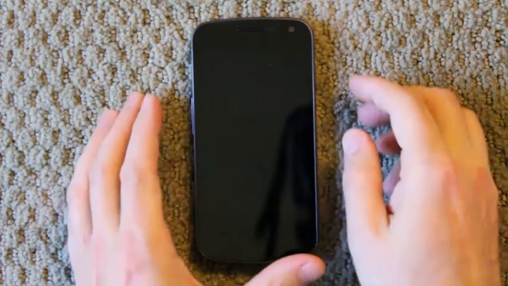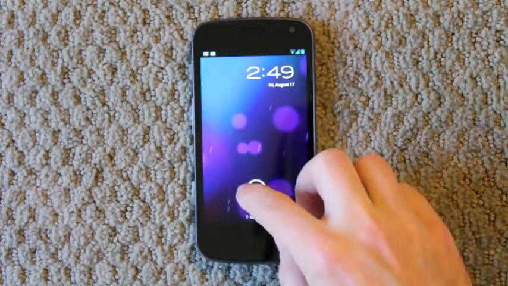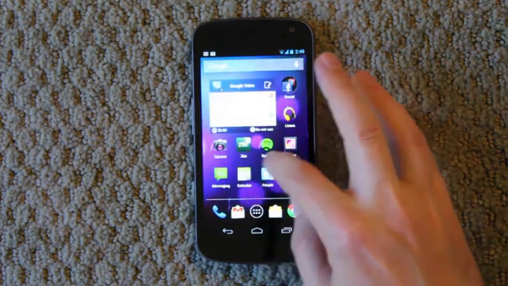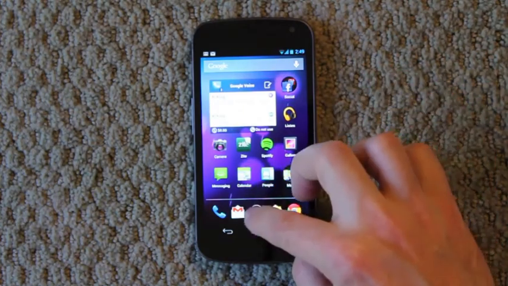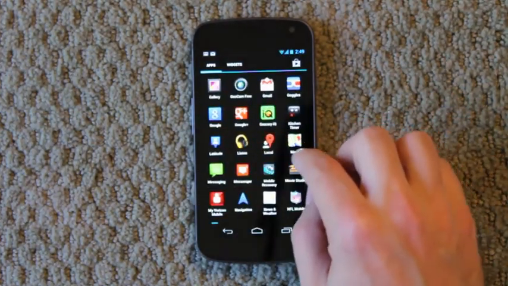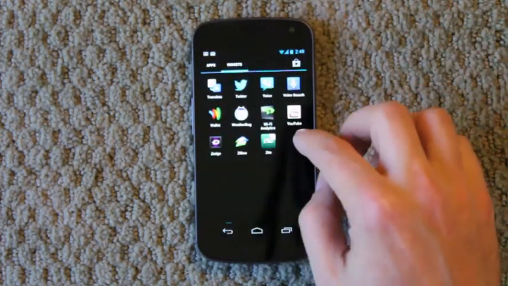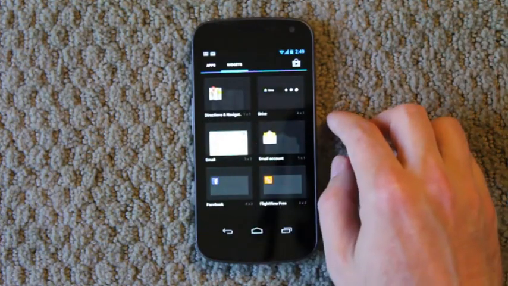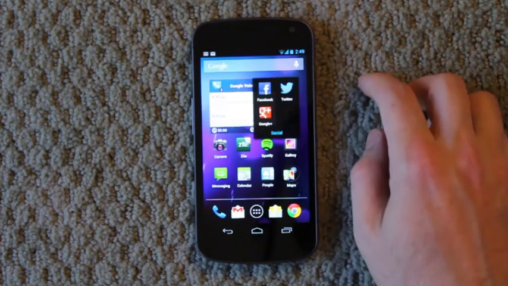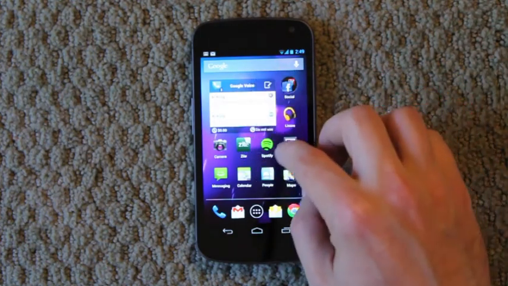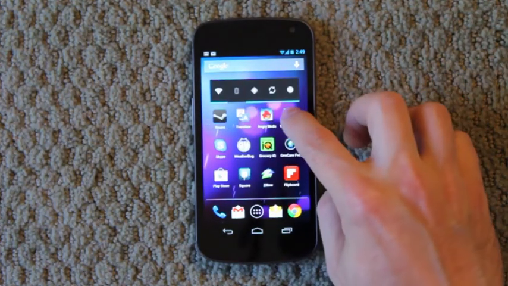Let's get started. Like all versions of Android, Jellybean has a home screen where you can place shortcuts to your apps as well as widgets, and it has an application drawer which holds all of your applications as well as widgets you can place on your home screen. On the home screen you can also have folders that hold your icons, and of course you can move things around